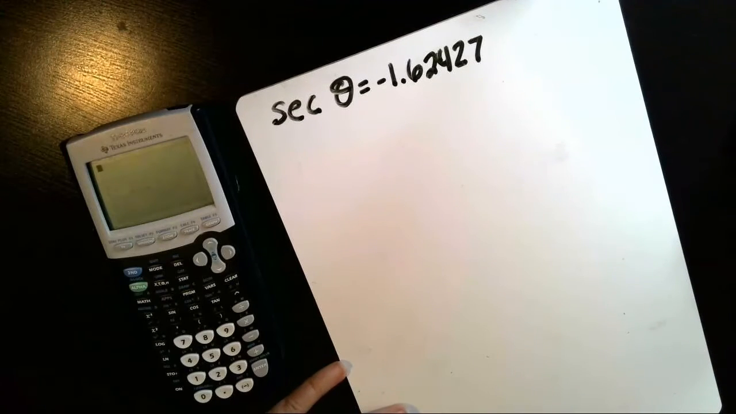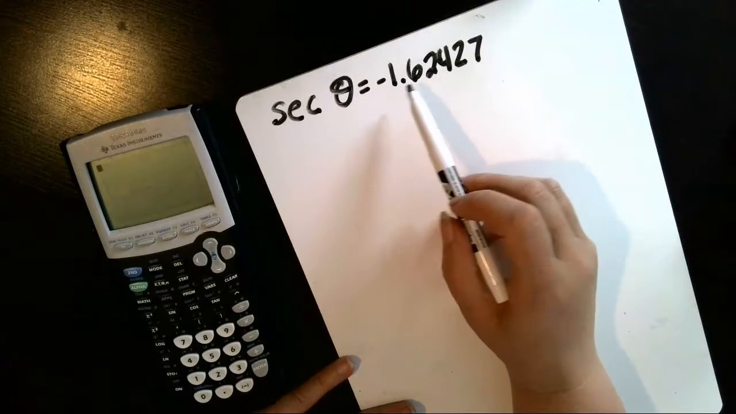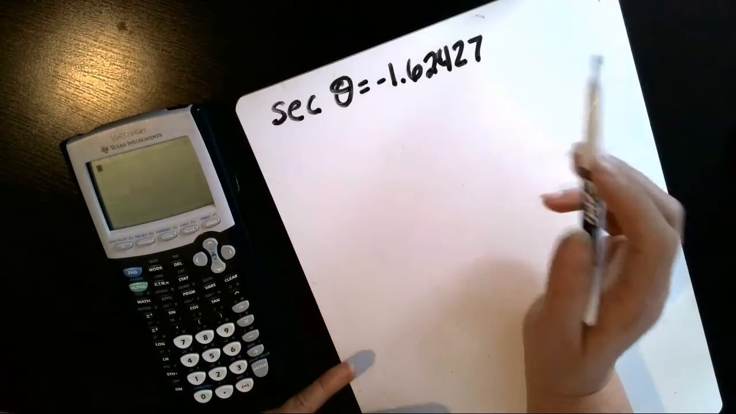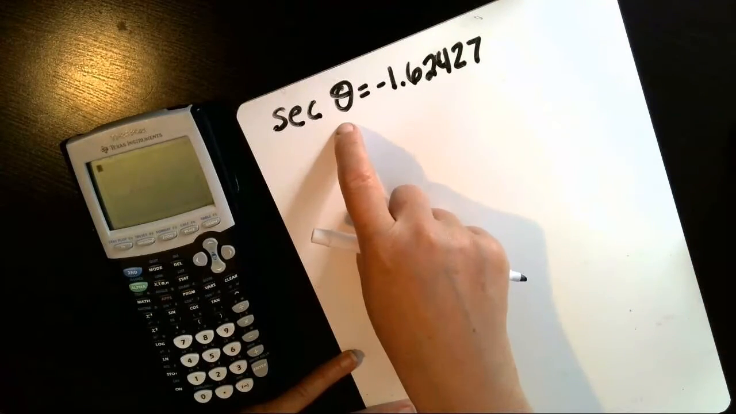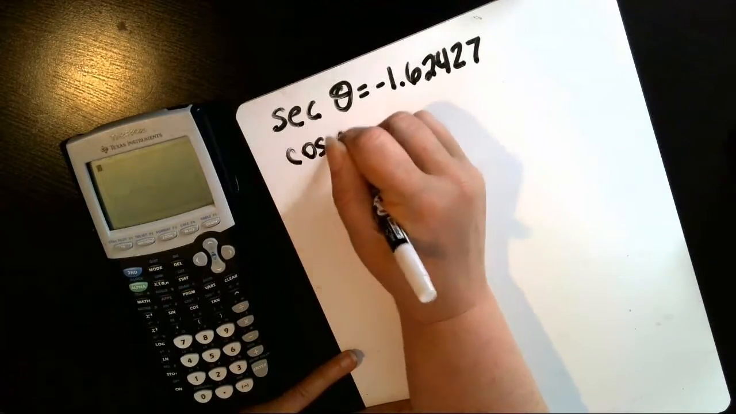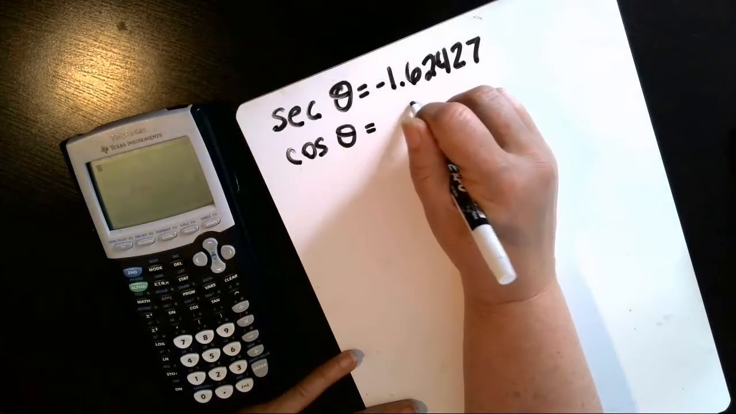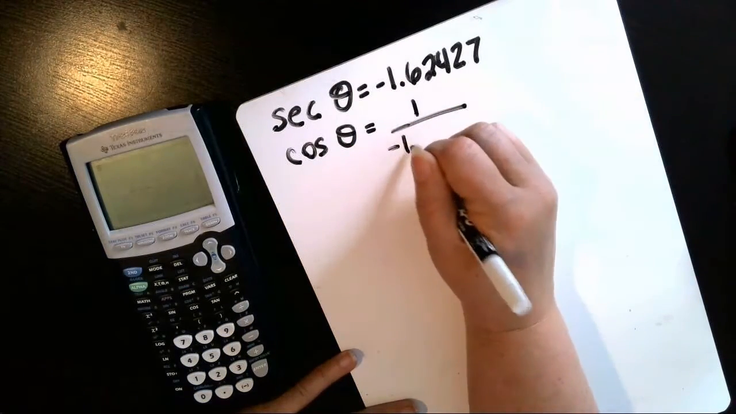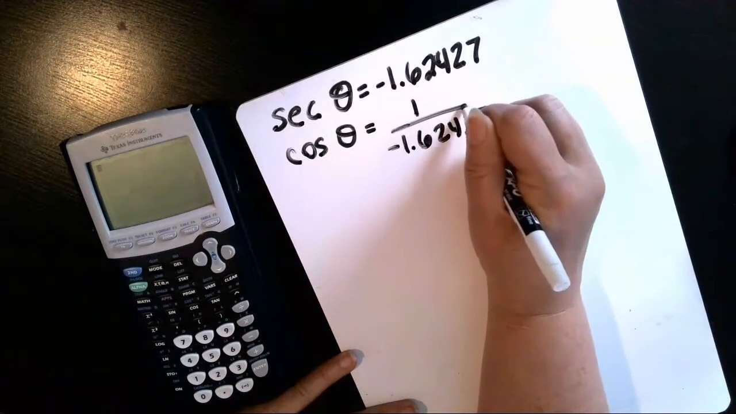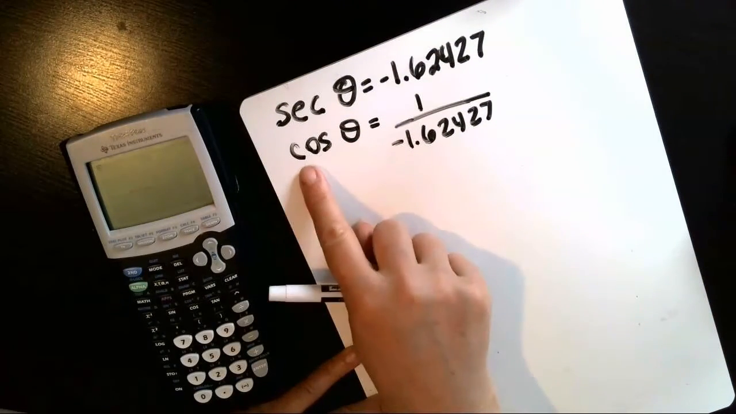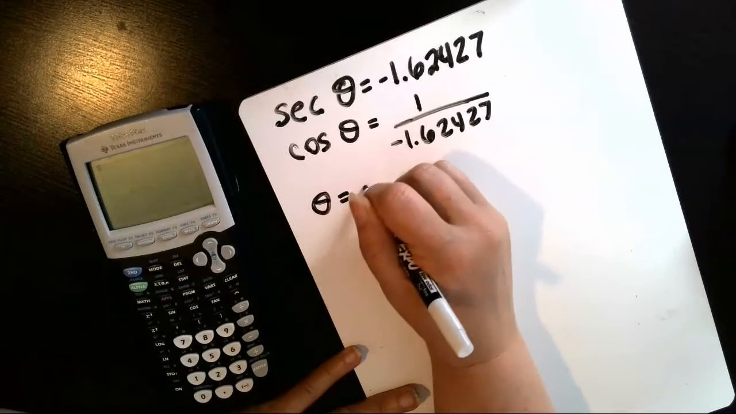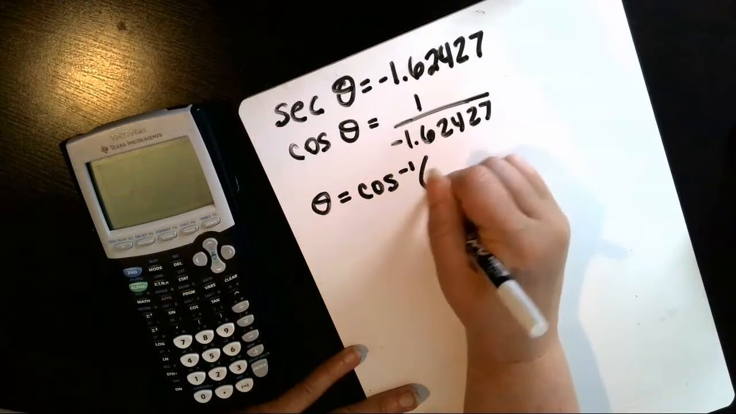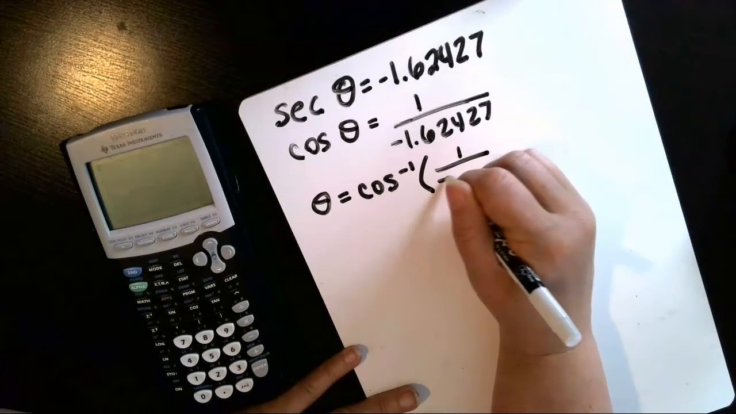Okay, if you want to find the two angles between 0 and 360 degrees that have a secant of negative 1.62427, then the first thing we want to do is remember that the secant is the reciprocal of cosine. So that means that the cosine of theta is equal to 1 divided by negative 1.62427. And to undo cosine, you have to do the arc cosine of both sides, the inverse. So theta is exactly equal to the arc cosine of 1 divided by negative